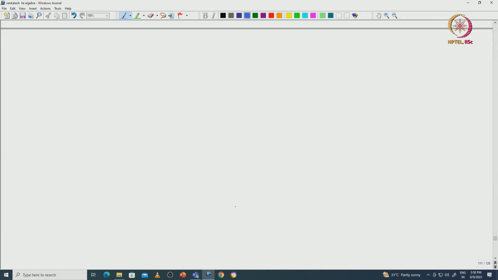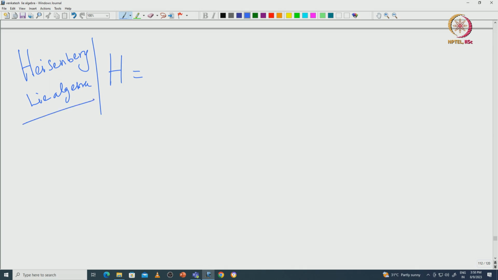Okay. So, now we will actually give another important Lie algebra called Heisenberg Lie algebra, which can also be identified as a subalgebra of some general linear Lie algebra. Okay. So, what is Heisenberg, which is again a very important 3-dimensional Lie algebra. Okay. So, we will see later what type of Lie algebra this is, but right now just focus on the